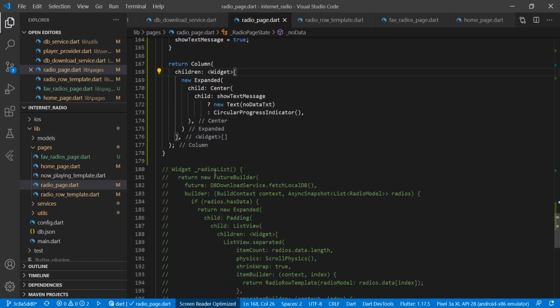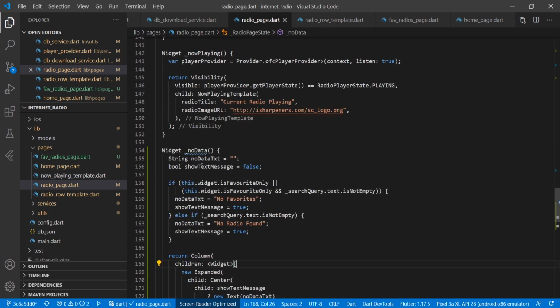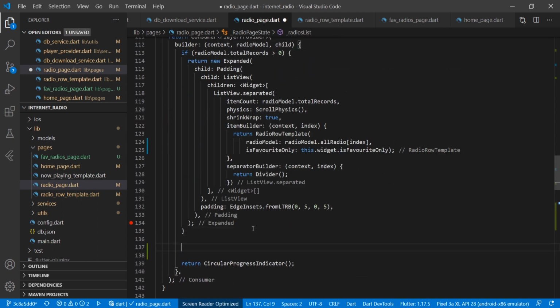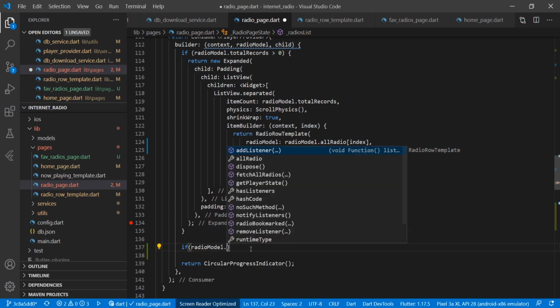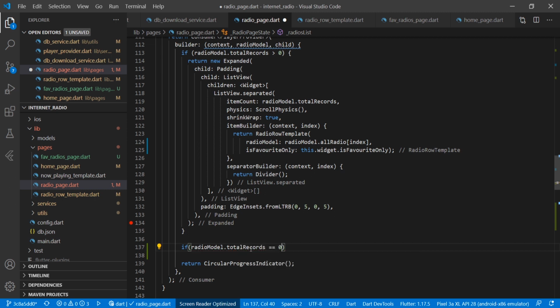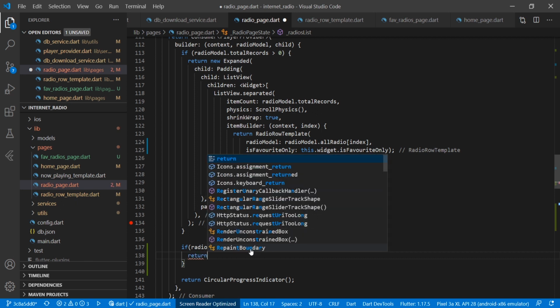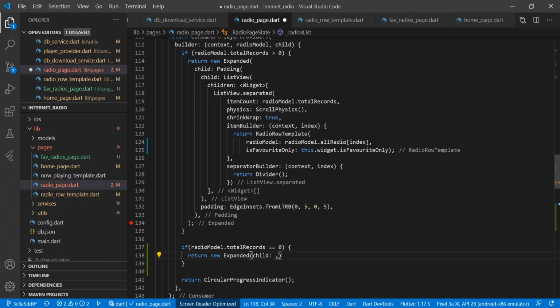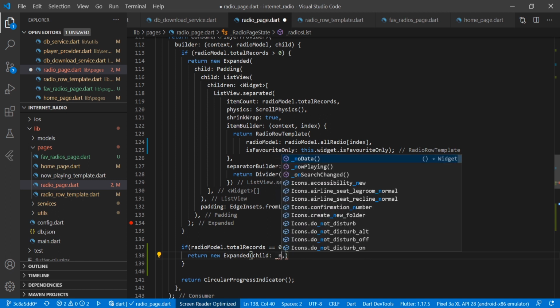So now we will update our radio list to show this no data we get, and we will put that code above that return circular progress indicator, and here we will check if the radio model dot total records is equal to 0, then we will return here new expanded child, then we have here underscore no data.